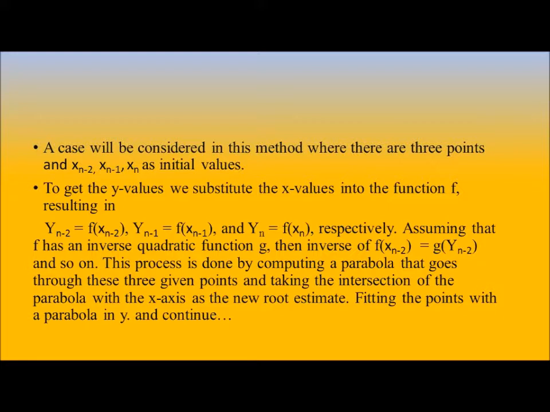This process is actually done by computing a parabola that goes through these three given points, and by taking the intersection of the parabola with the x-axis as the new root estimate, fitting the points with the parabola in y. And if we continue this process,